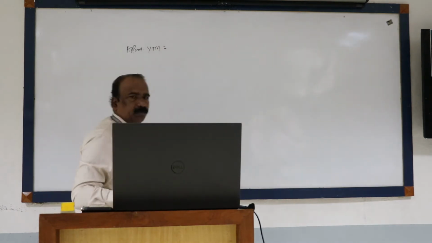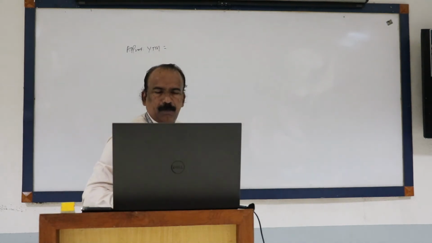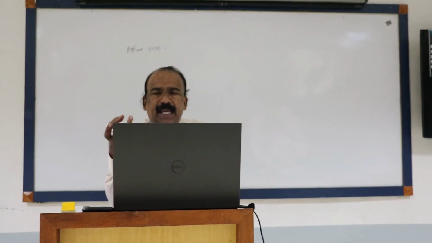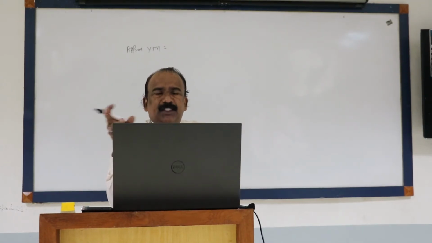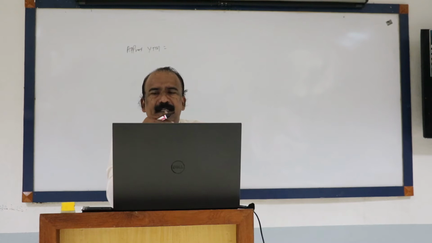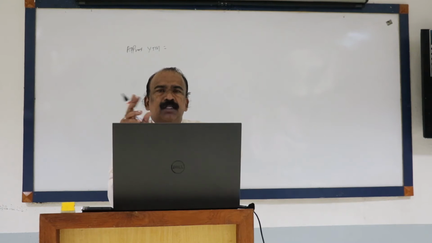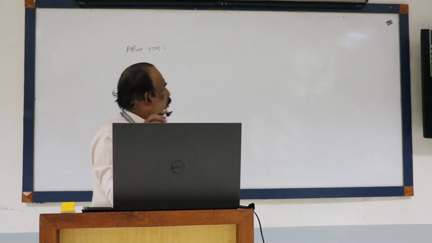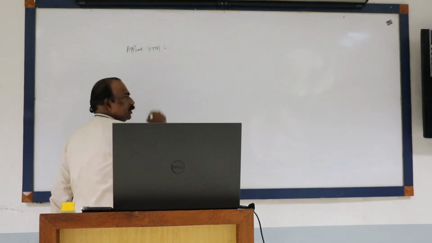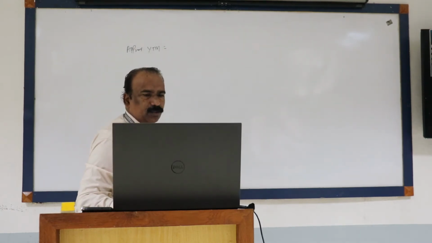Hope all of you can see the board. Approximate YTM. Let us use this case. Let us use the 0.6, 0.4 equation. We don't use the equal weightage. Let us use 0.6 and 0.4 as per what is given in the case. So either you can use equal weightage or you can use 0.6 and 0.4. Let us look at a little variation in the equation that we have used earlier.